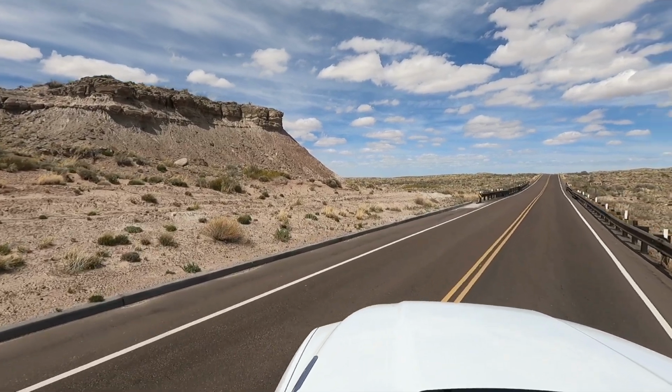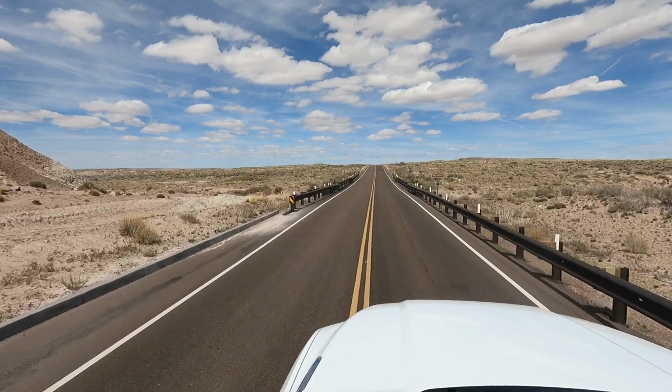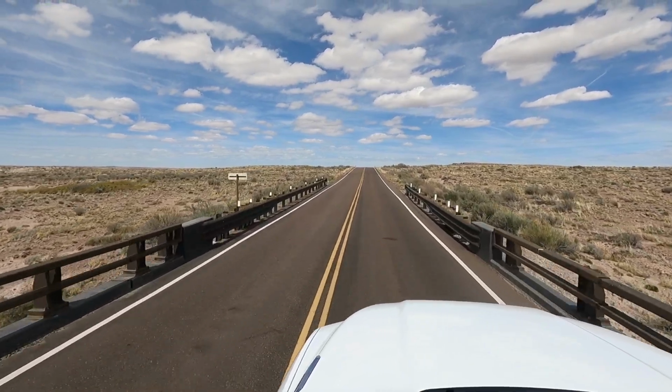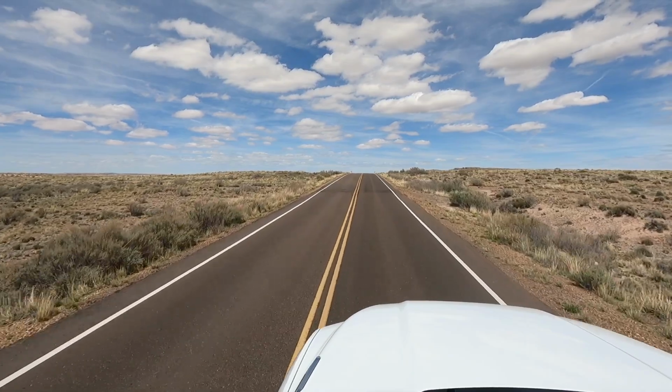Heading out, we leave the Petrified Forest behind and get into the center of the park. There are a few tourist-type stops that we pass, as we have seen these before. If you have not been to the park previously, then Crystal Forest and Agate Bridge are two quick stops that